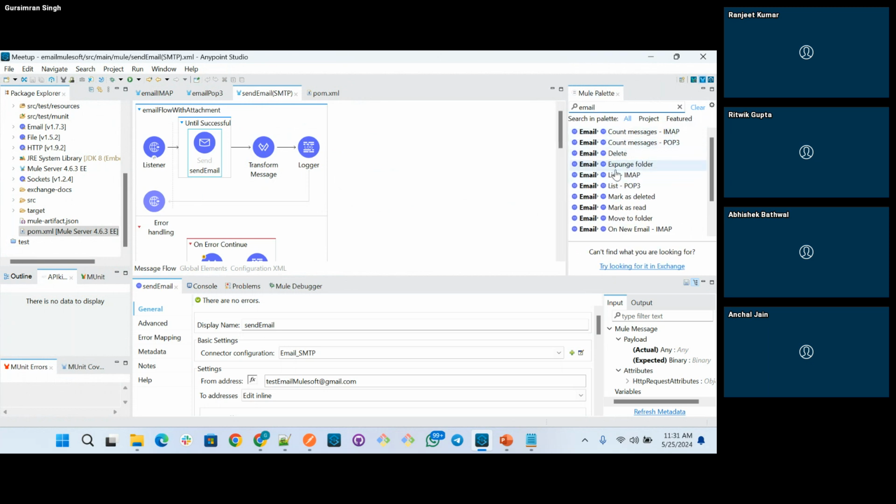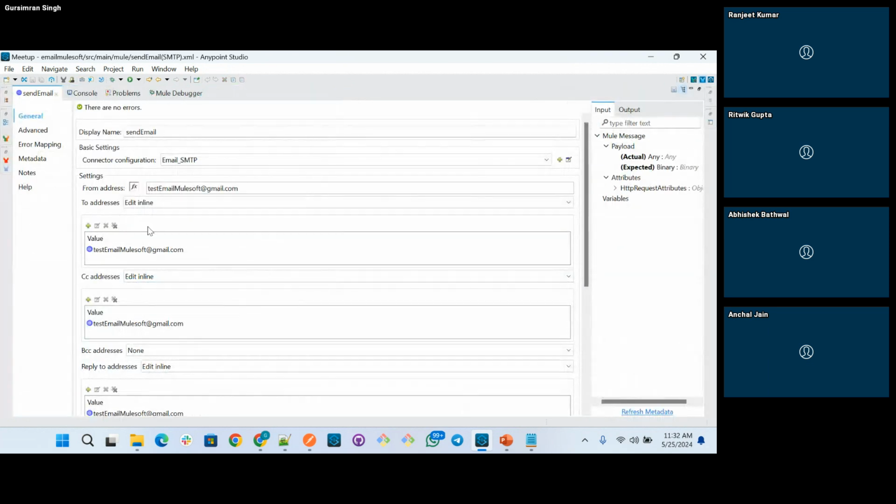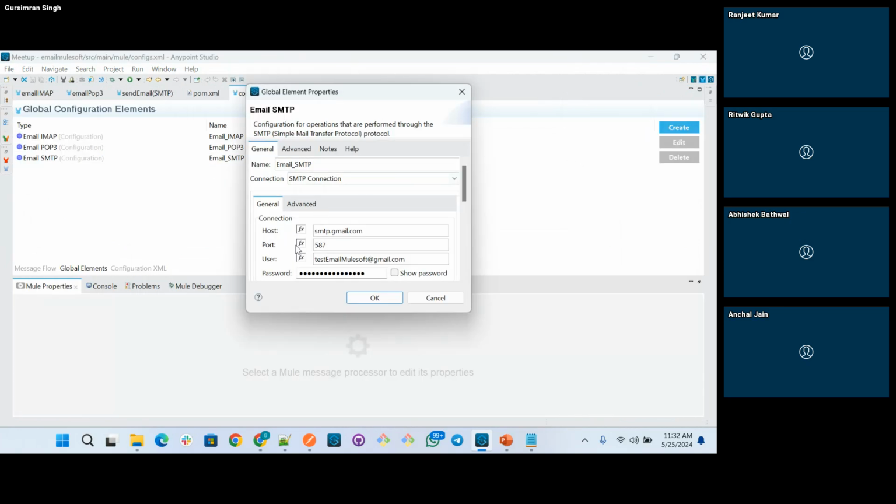So these are the operations supported by MuleSoft, which I was showing you in the slide. As I mentioned, for sending emails, we have to use this Send Email. I have already kept that in my connector. Let me go through the flow quickly. It's a very basic flow which I have developed for this meetup. I am using a Send Email, and the connector configuration is very important. I want everyone to focus right now here.